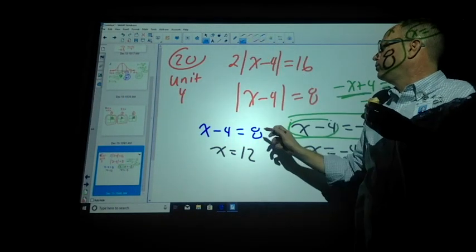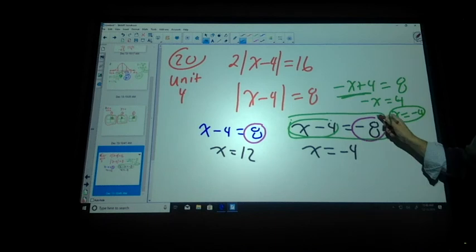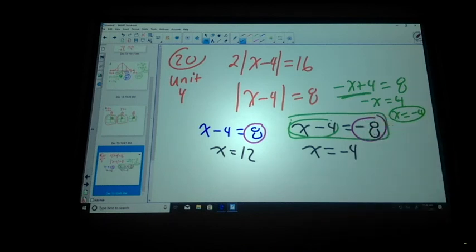Whoa. Can we do 31 instead of the last page? Oh wait, we gotta do 1. So you're good with me dividing by the 2 in the beginning, right? Yeah.